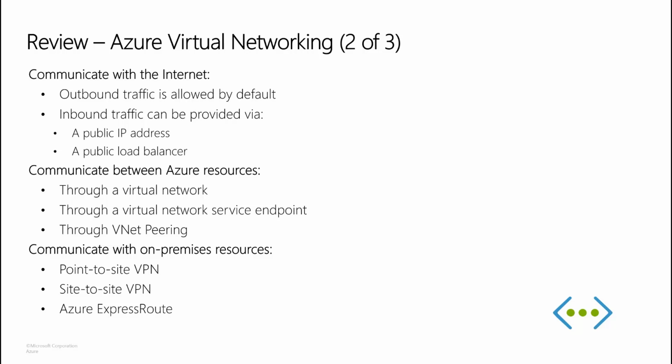Finally, we have the ExpressRoute. It is established between your network and Azure through an ExpressRoute partner. This connection is private and very fast. Traffic does not go over the internet.